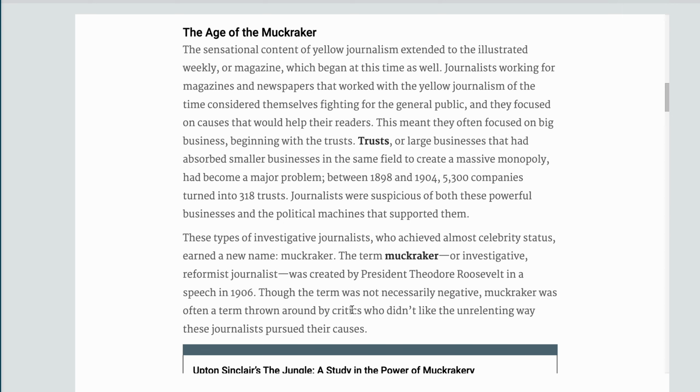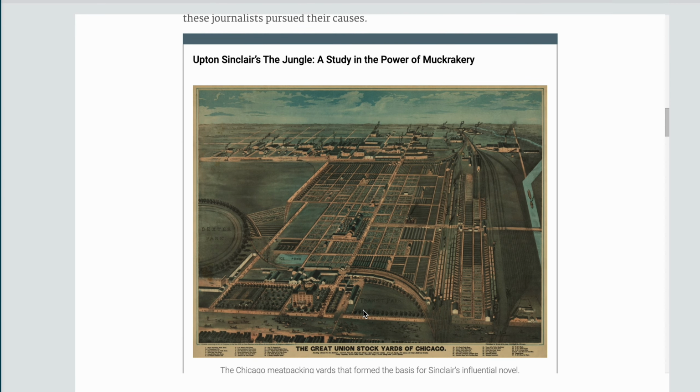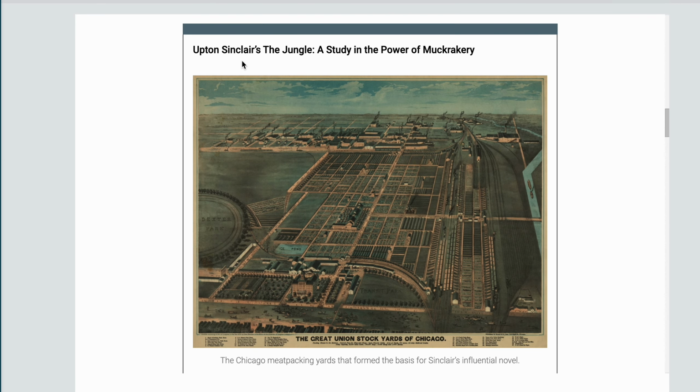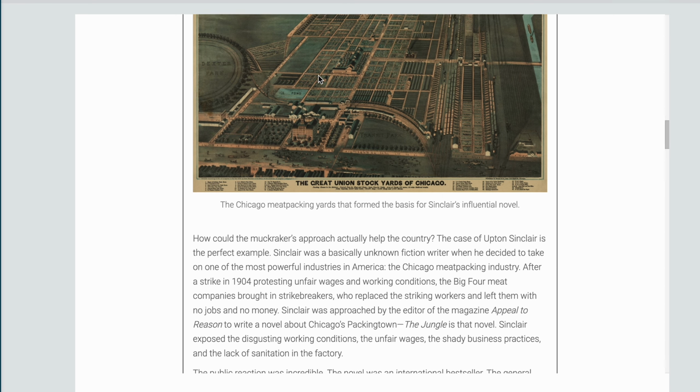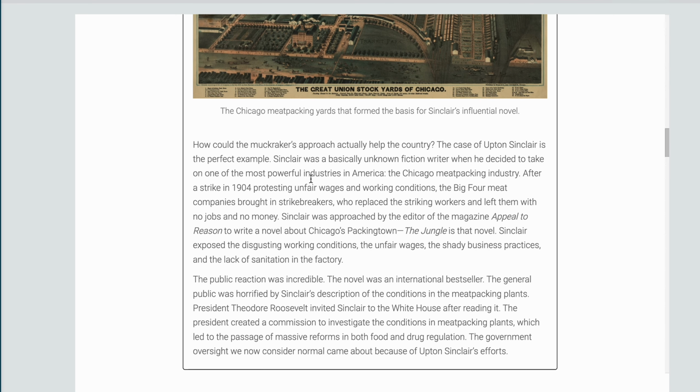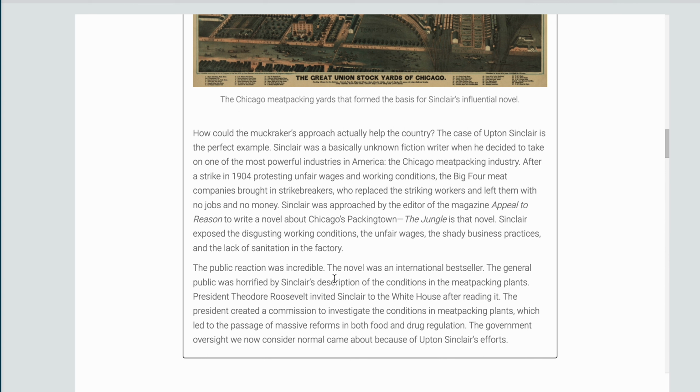It's a term for people who criticize and who would discover or uncover mysterious things happening during that period of time. It's very important to know about Sinclair's case, and Sinclair was one of the famous muckrakers. He wrote a very famous novel, and what did this novel do? Because of this novel, you will find out here